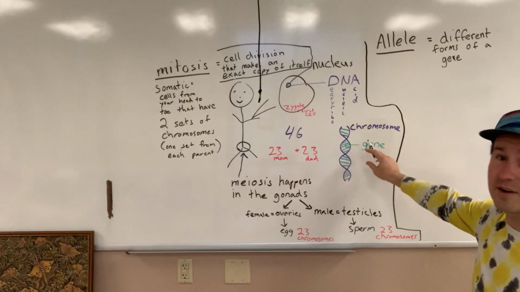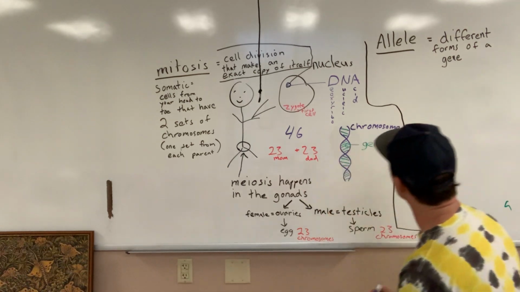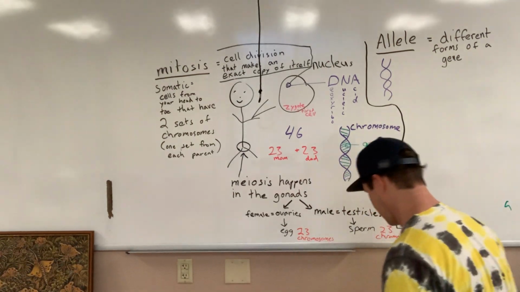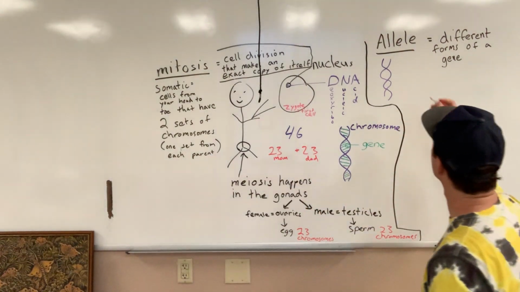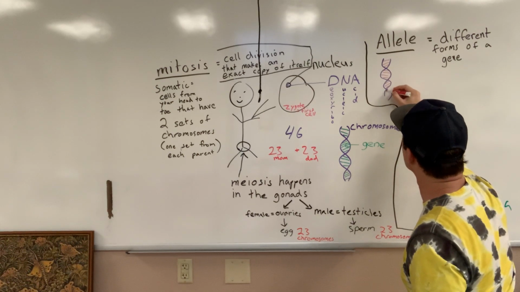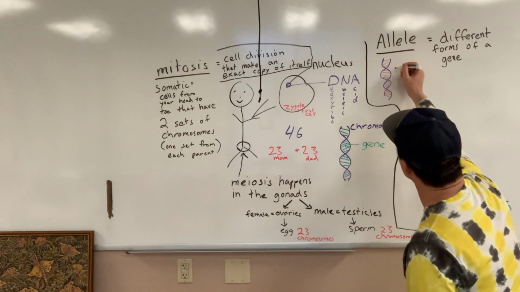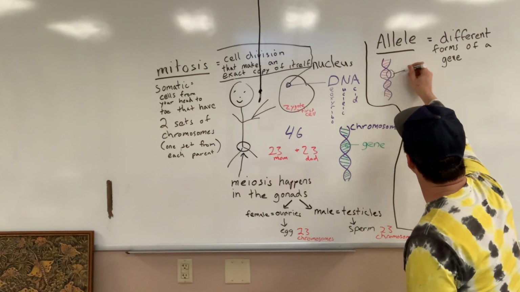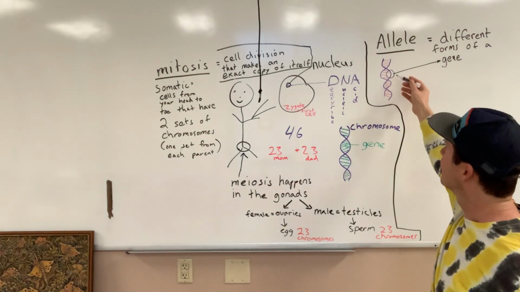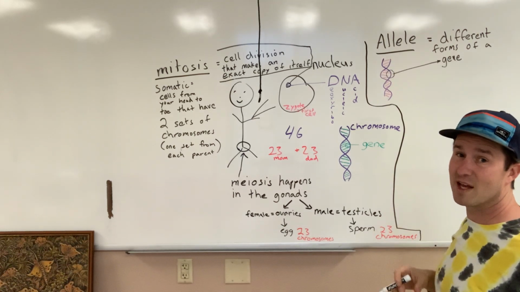Okay, so here, down here we have a gene. I'm going to redraw it because you guys might have it on a separate page. So there's our DNA. And the DNA, it looks kind of like a twisted ladder is what a lot of people call it. It's a double helix is the correct term. On the DNA, there will be a spot, and that spot will code for a gene, okay? So you're going to have several genes on your DNA, and different spots on the DNA code for different genes. There's actually a lot of spots that don't code for anything. It's just like kind of left over from